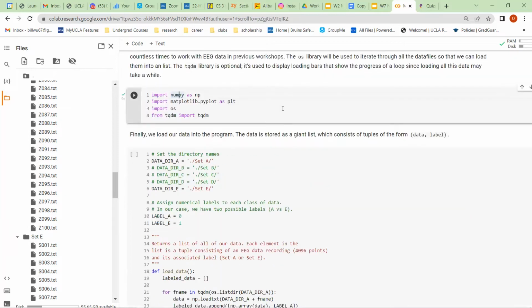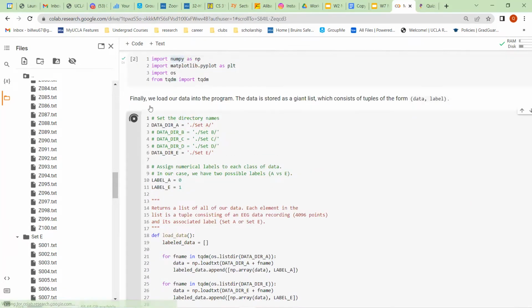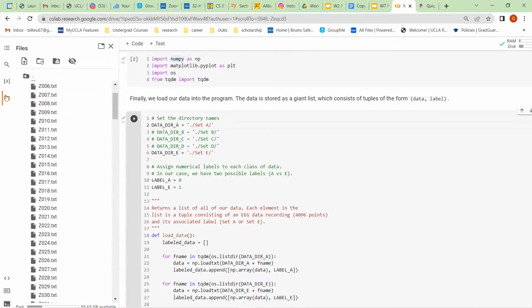So after we load our data and mount our libraries, we want to actually access this data and then store it into our own variables. What we do here is define 2 directories: a directory for set A and a directory for set E, corresponding to the directories in the open folder here. We also define 2 labels.